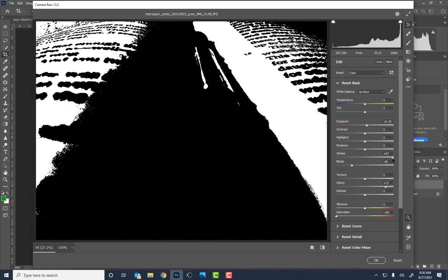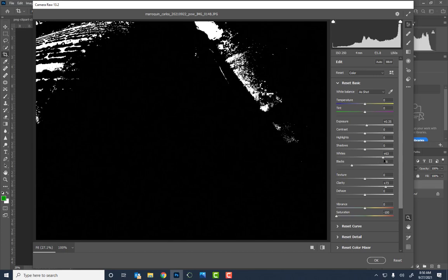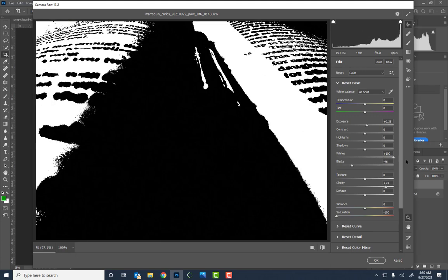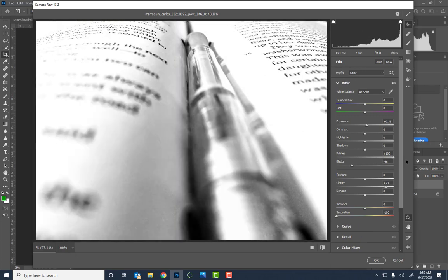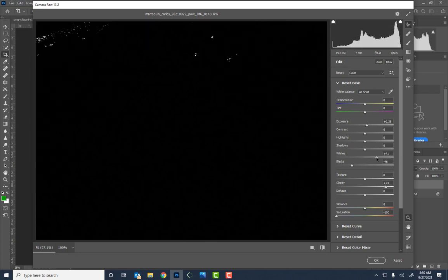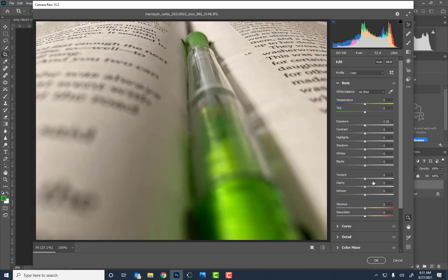Now, the white pixels that are appearing right here, that means those are totally blown out pixels. There's just white in there, that's it. Same with the black. So I don't want to do that. I'll show you what it looks like. I want just where it starts coming in like that, that's good. So if I hit the letter P on my keyboard, that's the original color,